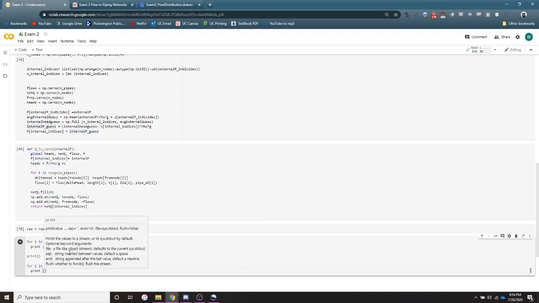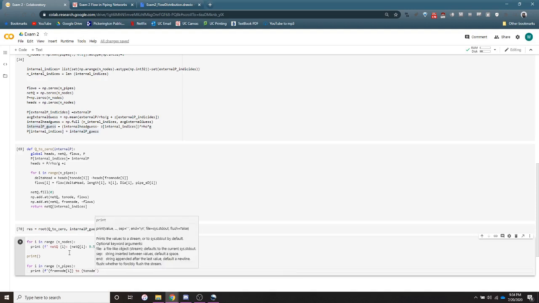So print f from node i, close curly bracket, close curly bracket, to node. We're going to index this again, saying this is going to be i. These are all variables, close that off,